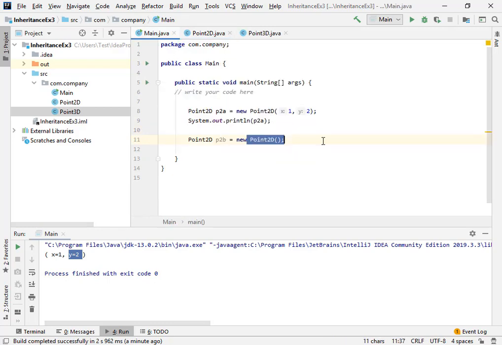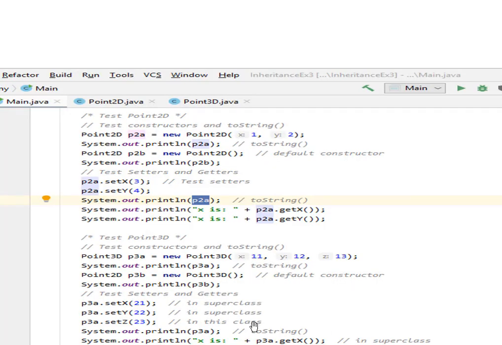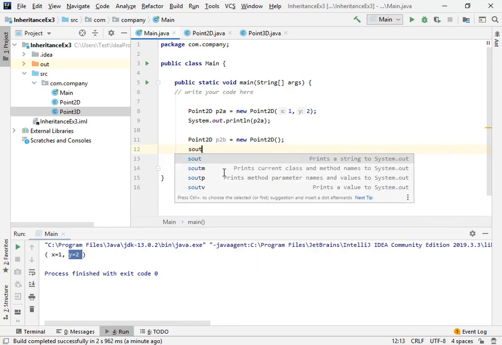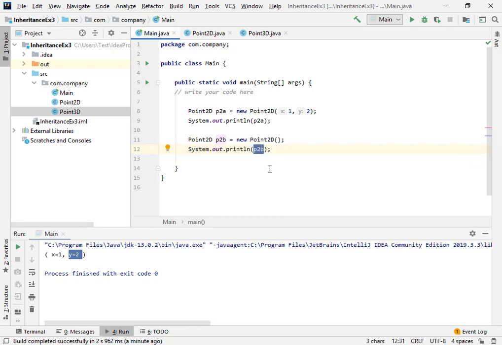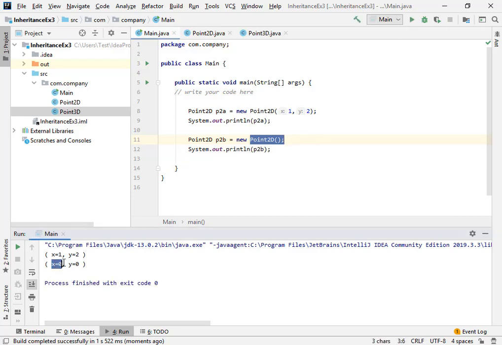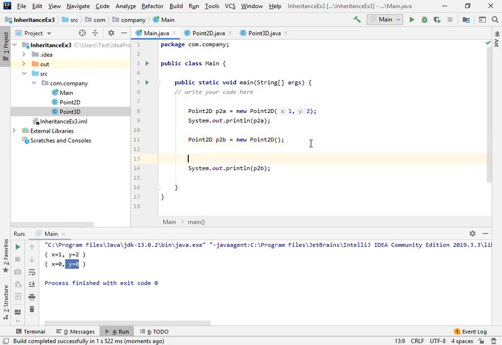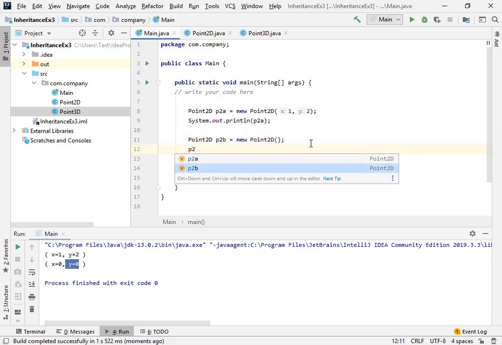Alright, so now I'm gonna set the value for x and y. Why? Because it contains the default value. So at this point, if I print out the information of the p2b object, what do you think would be the output? Again it would be 0 and 0, x will be 0 and y will also be 0, because we have called the default constructor. Now if I execute this, you can see that we are getting x equal to 0 and y equal to 0. But what if I set the value by using this object?